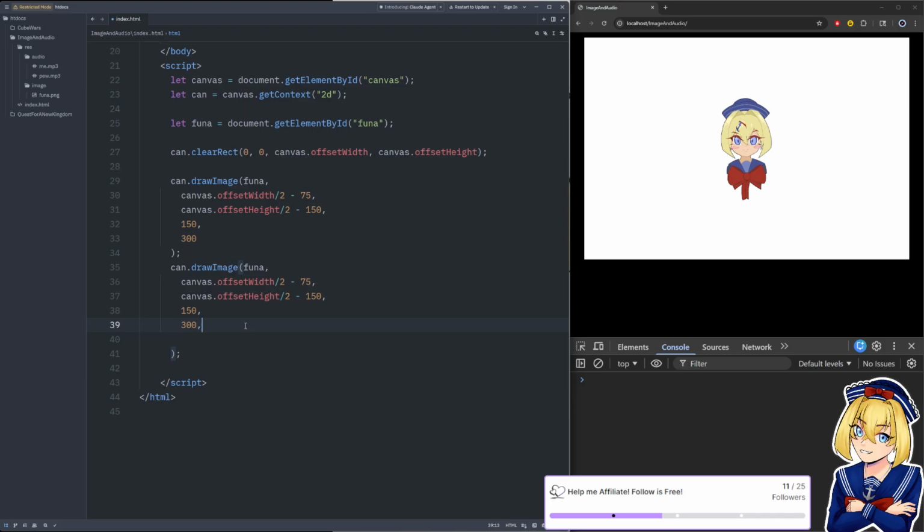So if I said I only want to show the first third of Funa-chan here, right? Then I would say I only want to show 100 of the height, right? And right now that's going to shrink her down like this because we haven't done the cropping yet.